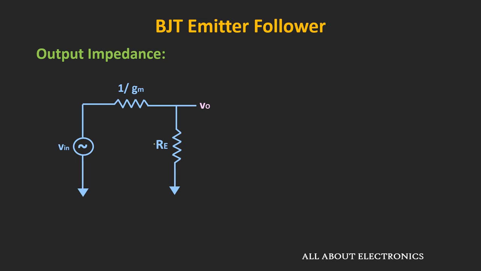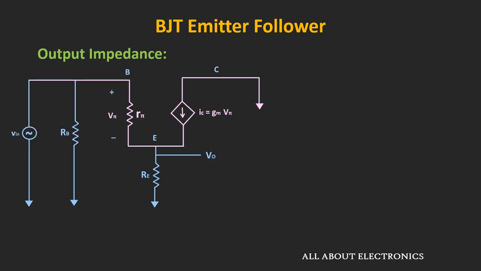So we know that the output impedance is the Thevenin's equivalent impedance, which is seen through the output side. And for that, we will consider all the independent sources in the circuit as 0. That means this input voltage will act as a short circuit. So now this output impedance is the parallel combination of 1 divided by GM and the RE. So this is the easiest way to find the output impedance. And of course, conventionally, if we find the output impedance from this AC equivalent circuit, then also we will get the same result. So for the sake of completeness, let me also show you how to find the output impedance